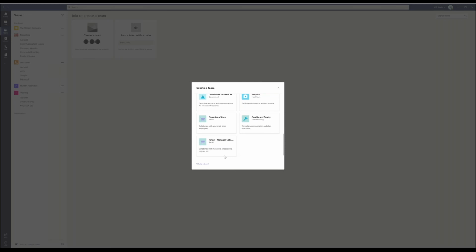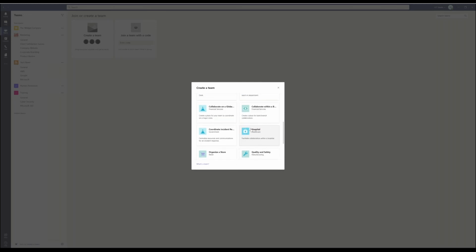And Microsoft have recently deployed a bunch of templates that align against specific requirements that you may need to use, so you can look at these and see how they work for you. Or we can choose to create from an existing group or team, and from that we can create our own